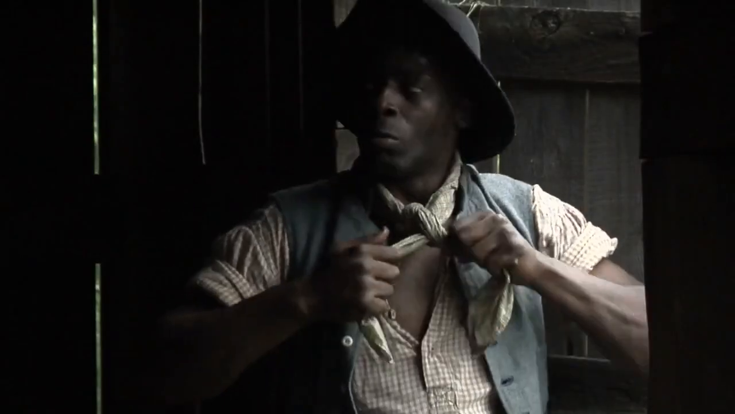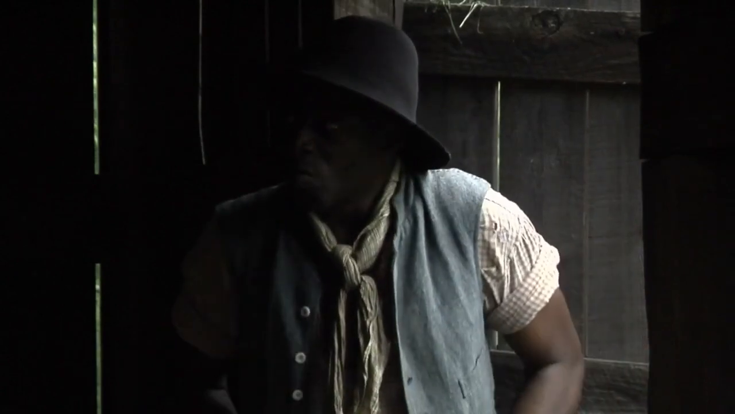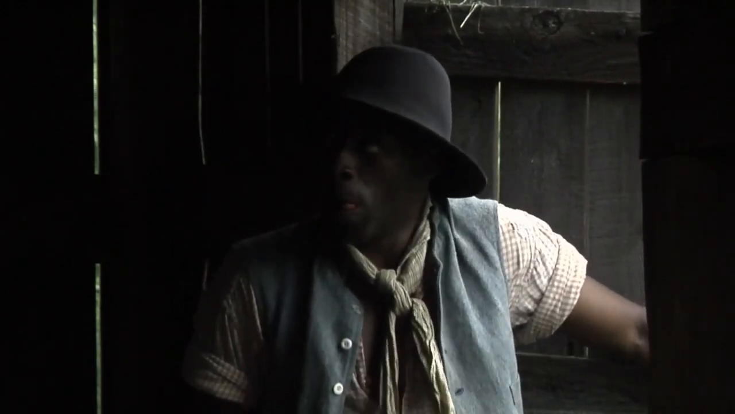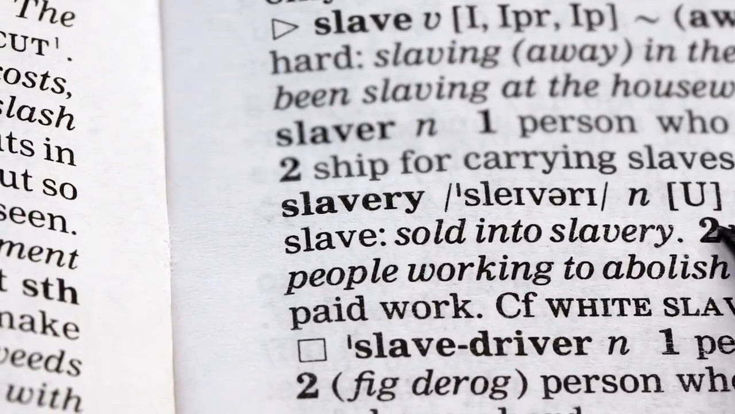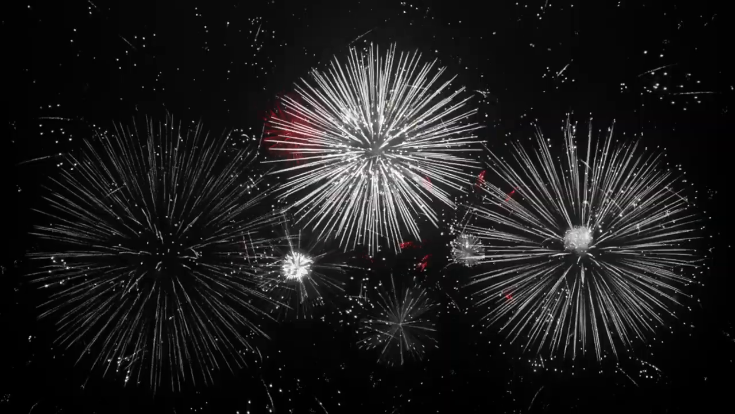Abolition of slavery, 1833. The Slavery Abolition Act of 1833, passed during William IV's reign, ended slavery in most parts of the British Empire. This act was a major milestone in the fight against slavery and the promotion of human rights. The Victorians, 1837-1901. Queen Victoria,